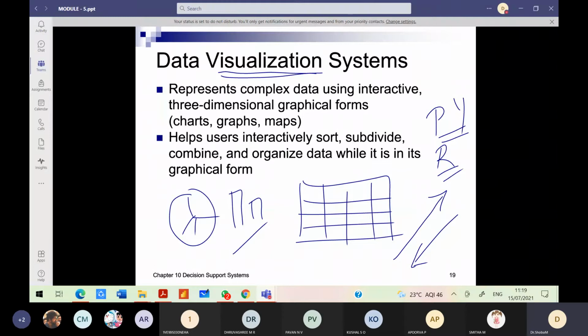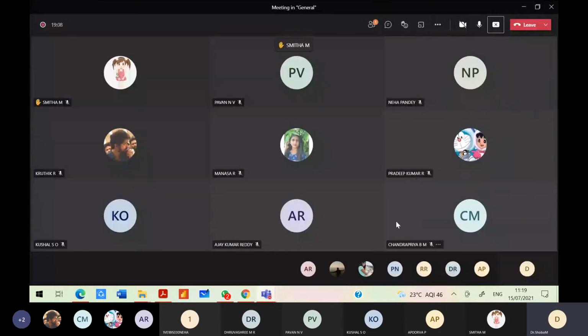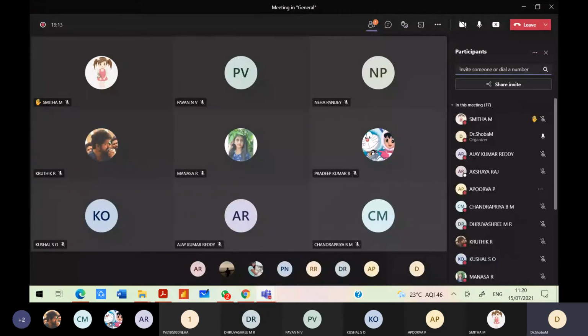How many of you have used MS Excel? Nobody? How many of you are present in the class? Out of 16 students, okay, Smita has raised her hand.